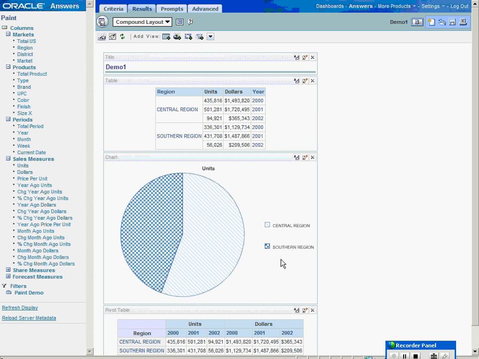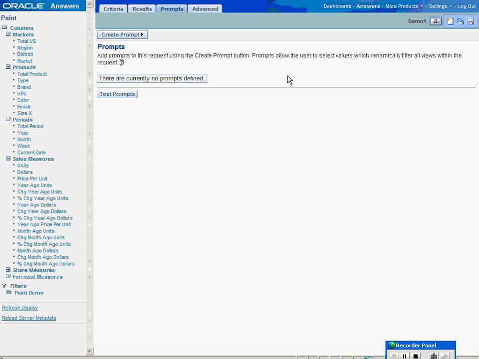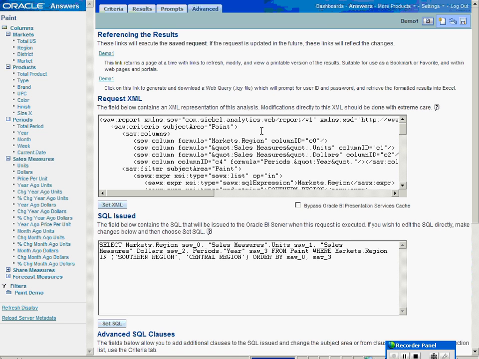So what we did is we browsed to the dashboard and now went ahead and looked at the various options available in answers for a particular report. You could create prompts for the particular report itself, but ideally you may want to do it at the dashboard level, which is dashboard page level, which is more powerful. So this is not that heavily used. Let's go to the advanced tab. The advanced tab, what it does, it gives me